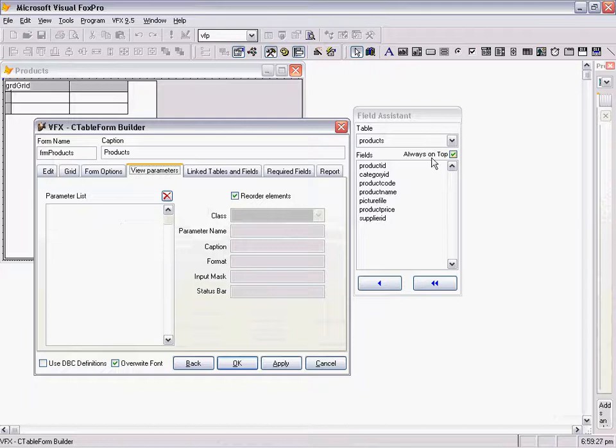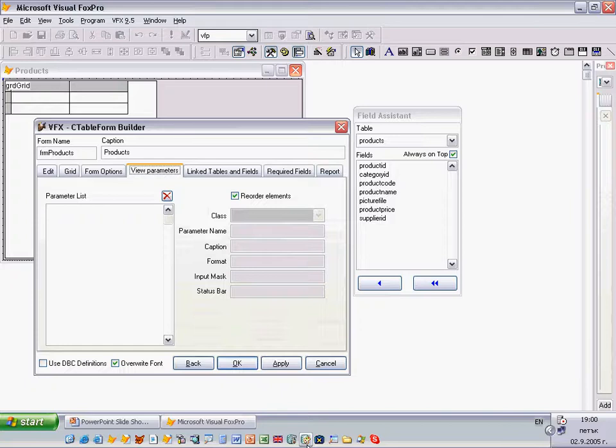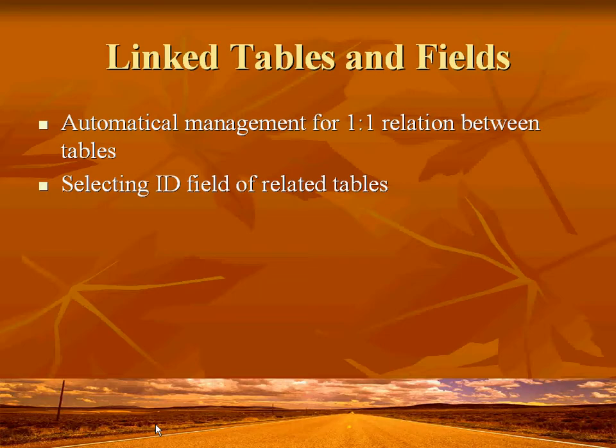Let's have a look at it. Here in parameters list you can add any field that is available in Field Assistant, and for every field you can define different properties. We will discuss how to define view parameters also in videos where we will use cursor adapters. Next page is linked tables and fields page.